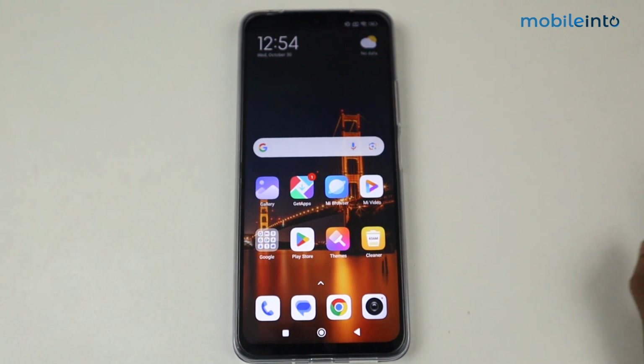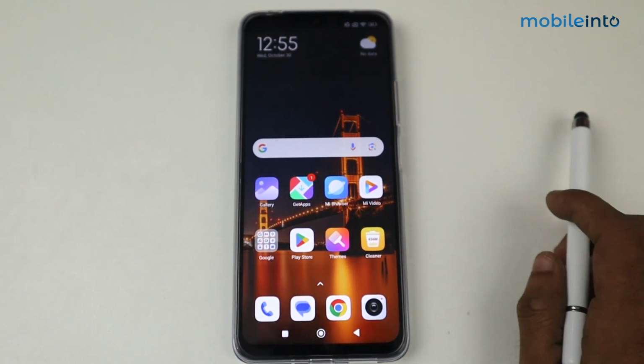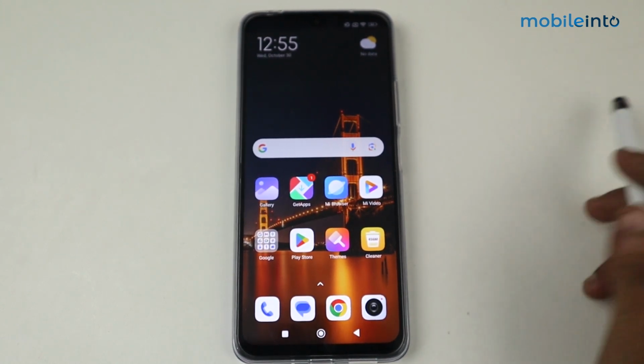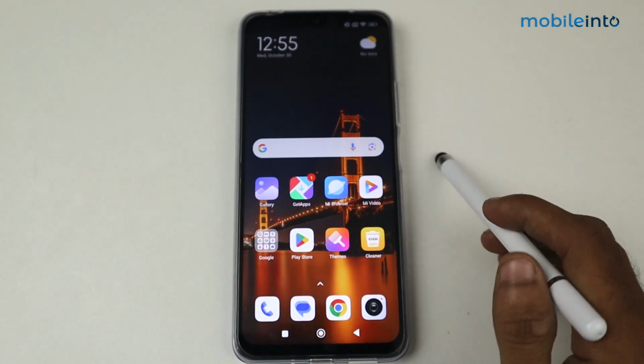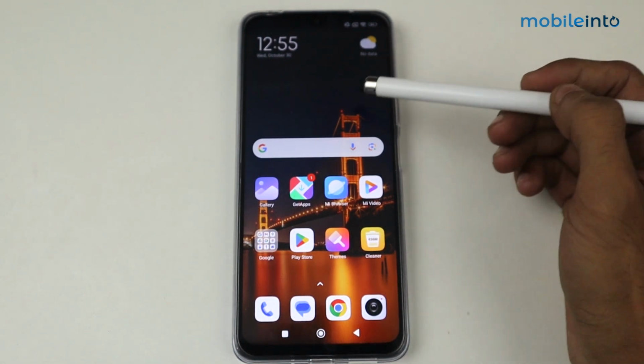Hey guys, what's up? In this video, I'm going to show you how to transfer data from Android to iPhone. So guys, if you are using any Android device and you want to transfer your data from Android to iPhone,